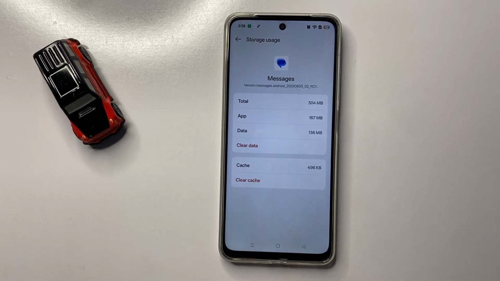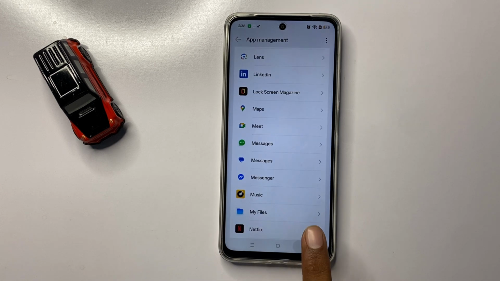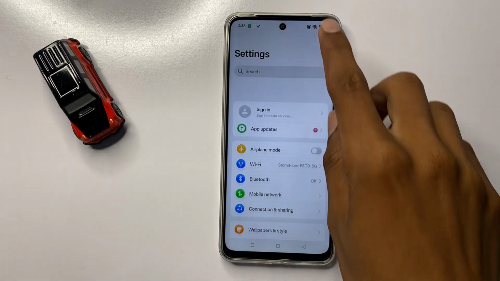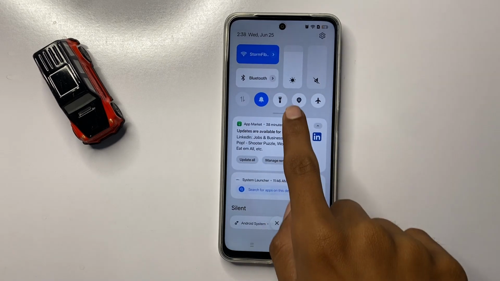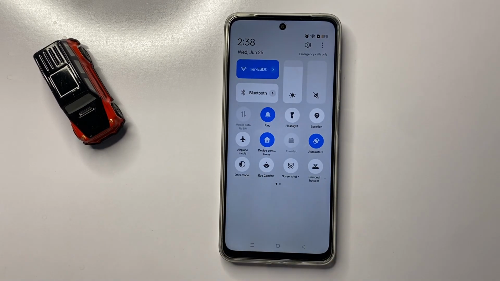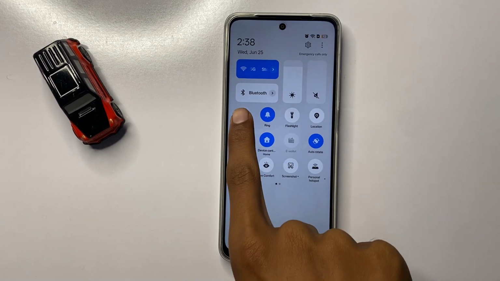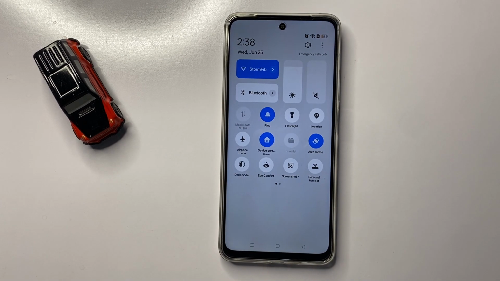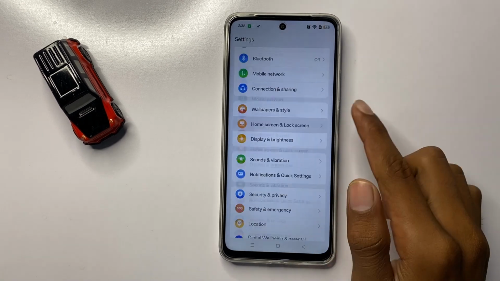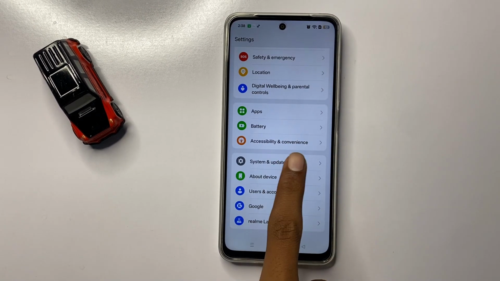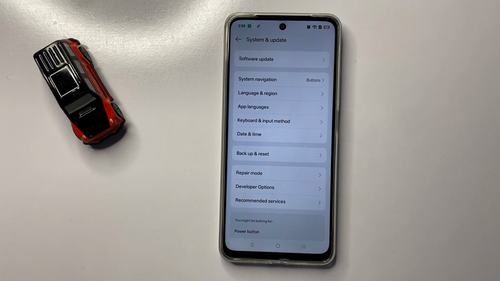After clearing data and cache memory, go back to the main page of your settings and swipe down to your control center, and here you can turn on or off your mobile data. So turn on your mobile data. After turning on your mobile data, then go back and scroll down and click on system and update, and then